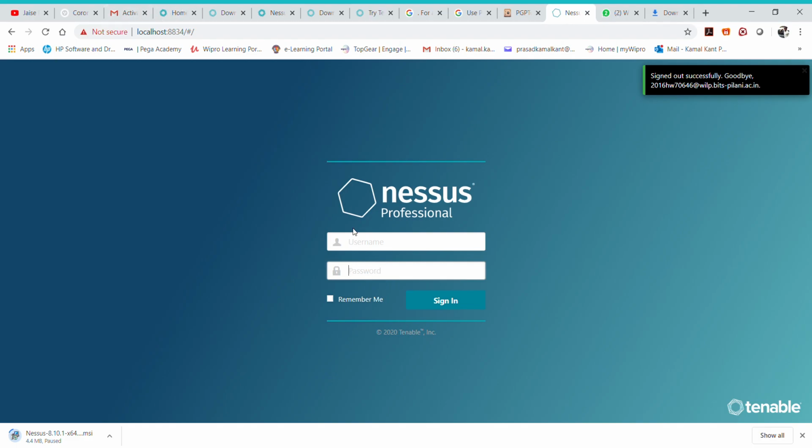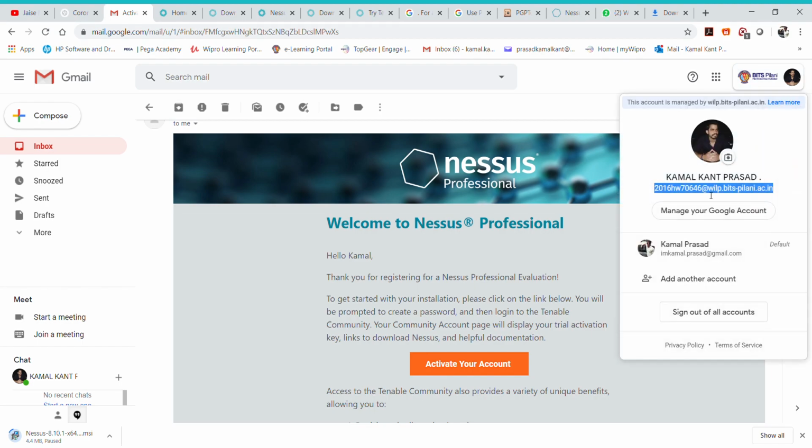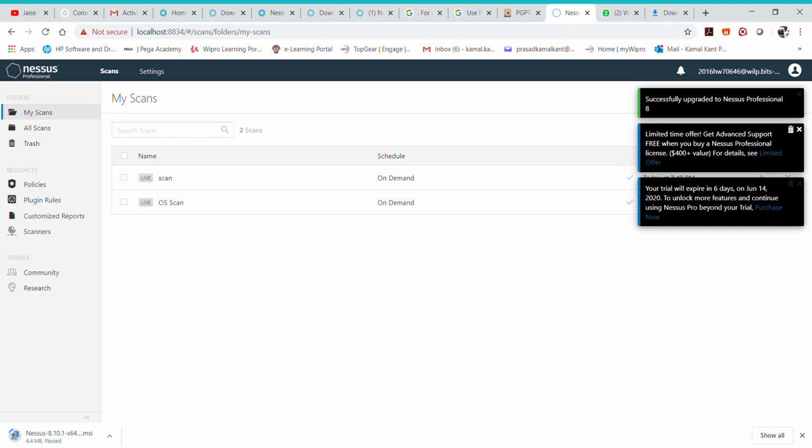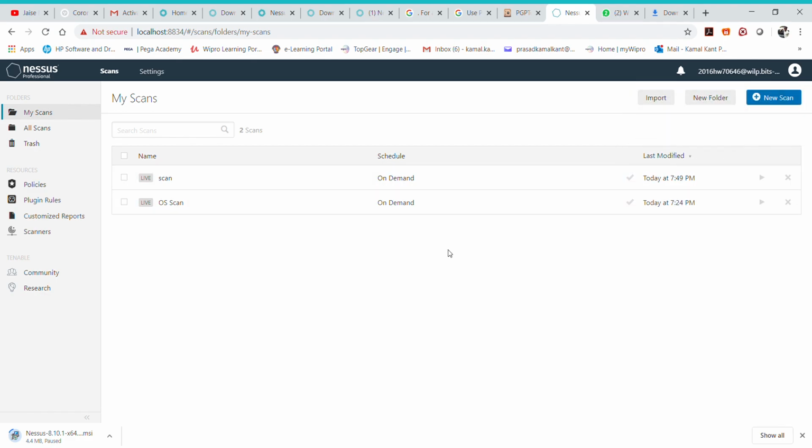Suppose my username is this, and my password is this, and then I will sign in. After signing in, you see there are some pop-ups. Just remove them, we don't require any of this.